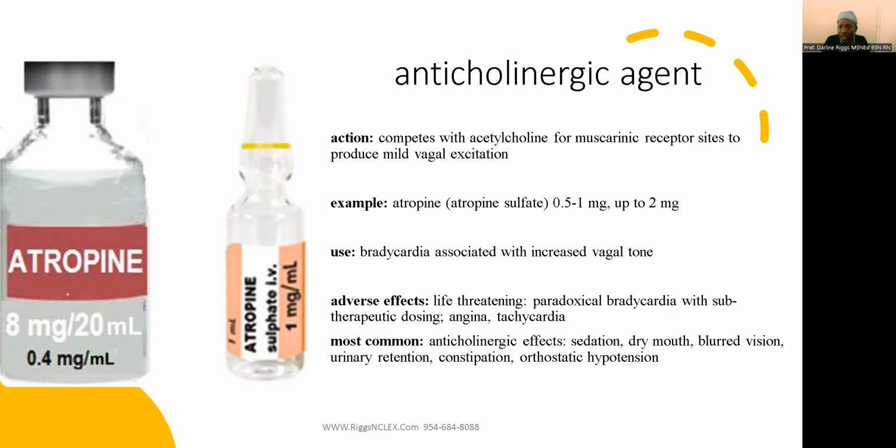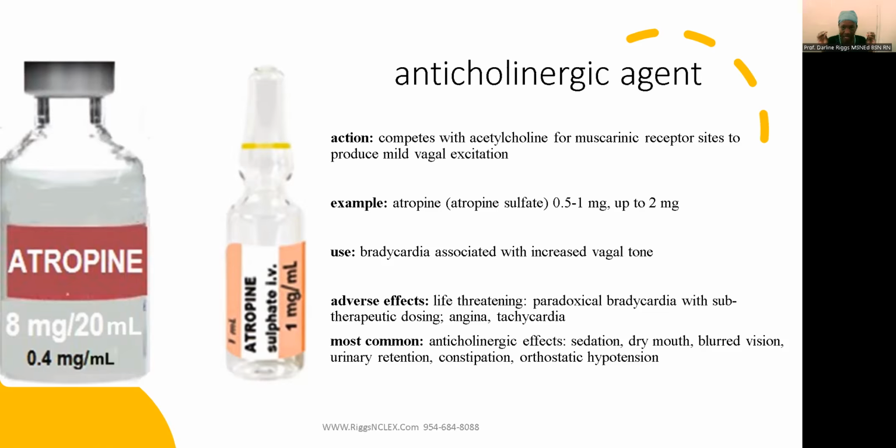Atropine competes with a neurotransmitter, acetylcholine. Okay, we'll talk about acetylcholine again when I do myasthenia gravis under neuro, I cover this again. So it competes with acetylcholine for muscarinic receptor sites. It produces mild vagal excitation, right? Because remember, we talked about atropine with the Brady clients. Okay, maximum we want to give is the 2 milligrams, but